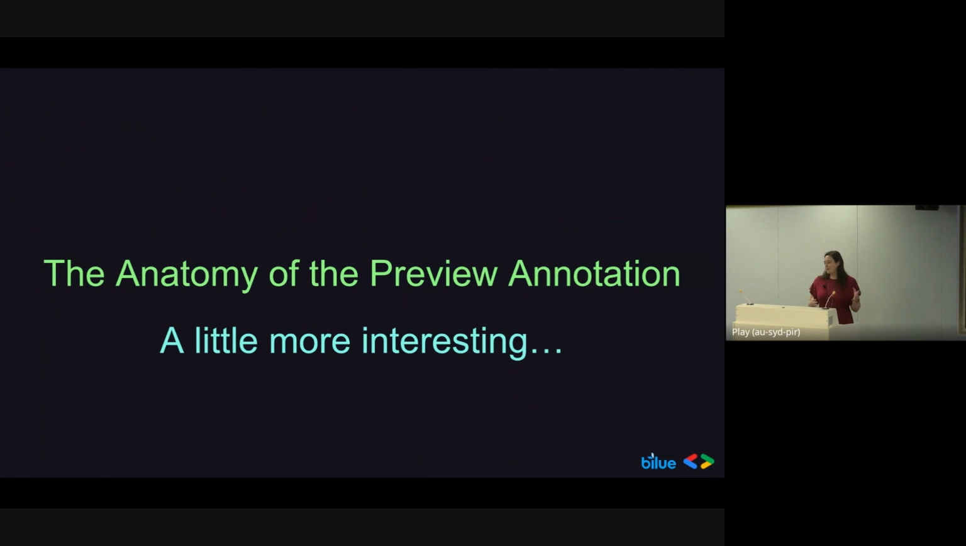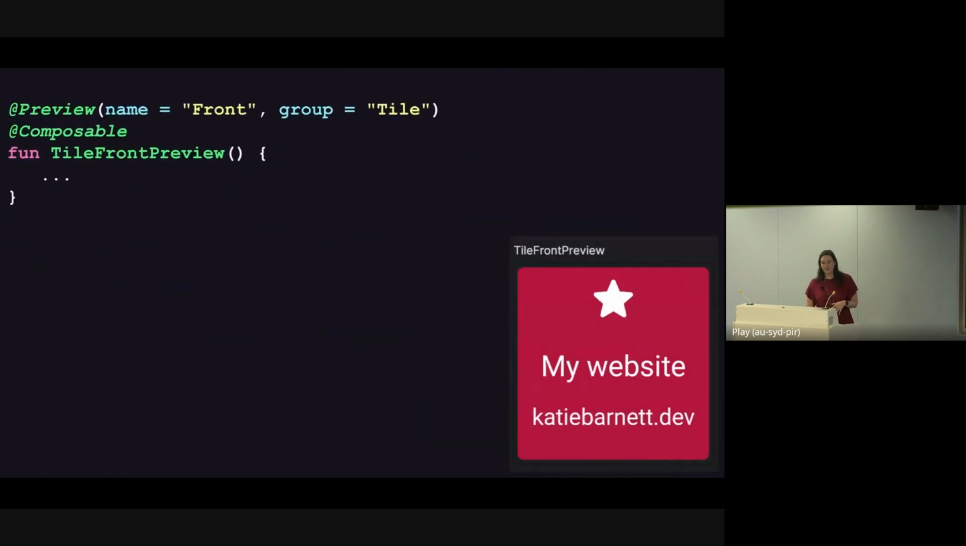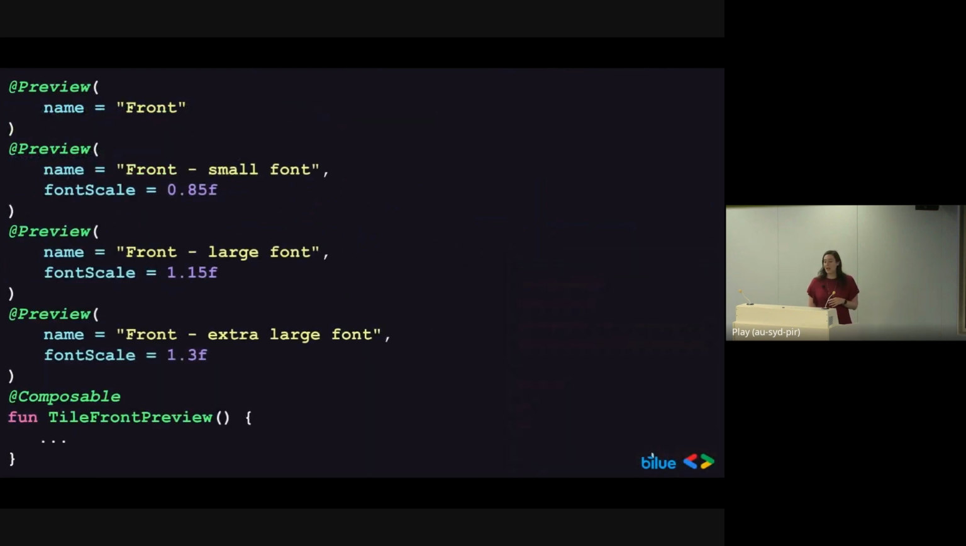Most people, if you've played with Jetpack Compose Previews before, you've probably already used those. But we can go into a few more interesting things. So looking at device configuration. So back to my preview, like before, I can have multiple preview annotations for the same preview. So I can keep adding these preview annotations and it will generate more and more previews. I don't have to copy and paste the same setup